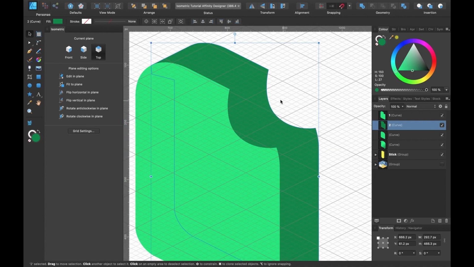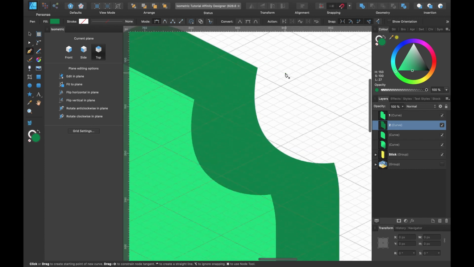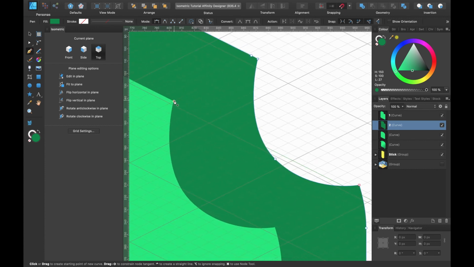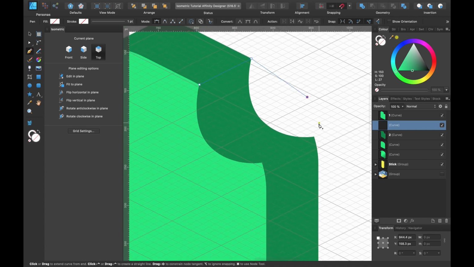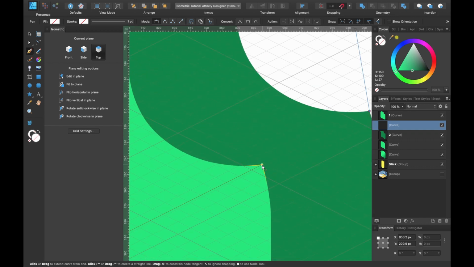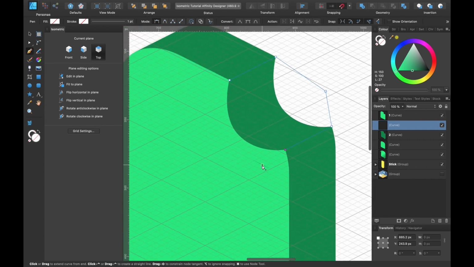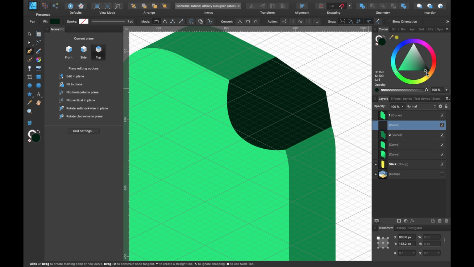But we need to make that look a lot more three-dimensional, I think. Let's get the pen tool out again, and let's draw a shape. So I will select the edge of this point here, and I'll head up to this section here. It doesn't really matter about this bit. You just got to make your way to the next point and zoom in, select this point here, and let's draw around here. It doesn't really matter too much about that bit because we're going to be hiding all of that. Okay, let's make it black so we can see what we've done.